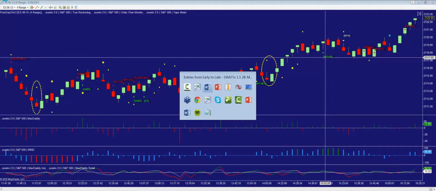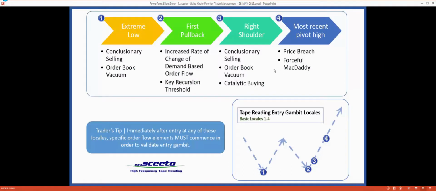And what I'd like to do next week is more of these nuances. We spent time today on the hammer here at 1, the extreme, but we want to spend more time on 2 and 3. There are big distinctions in the entry between 2 and 3, which is we call 2 the first pullback, 3 is your confirmed right shoulder. They're just a couple of ticks away from each other, but there are very important tells that you can know